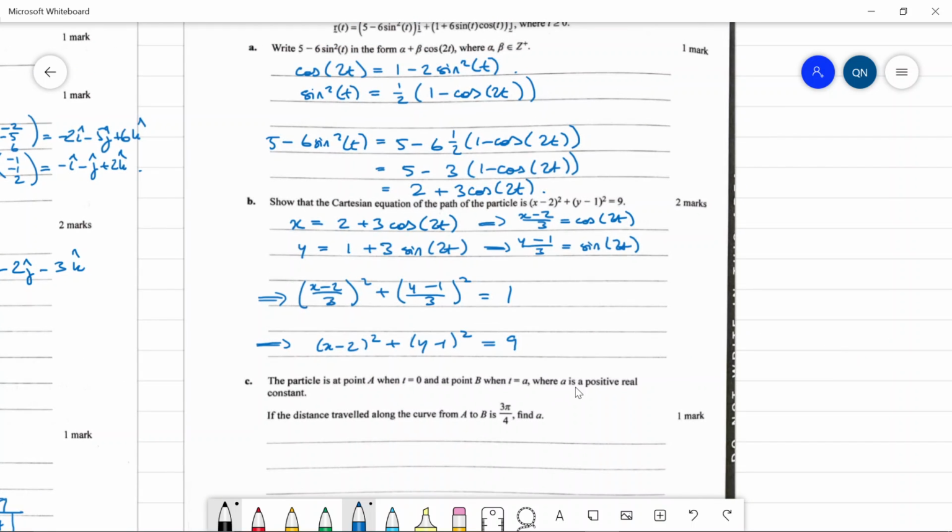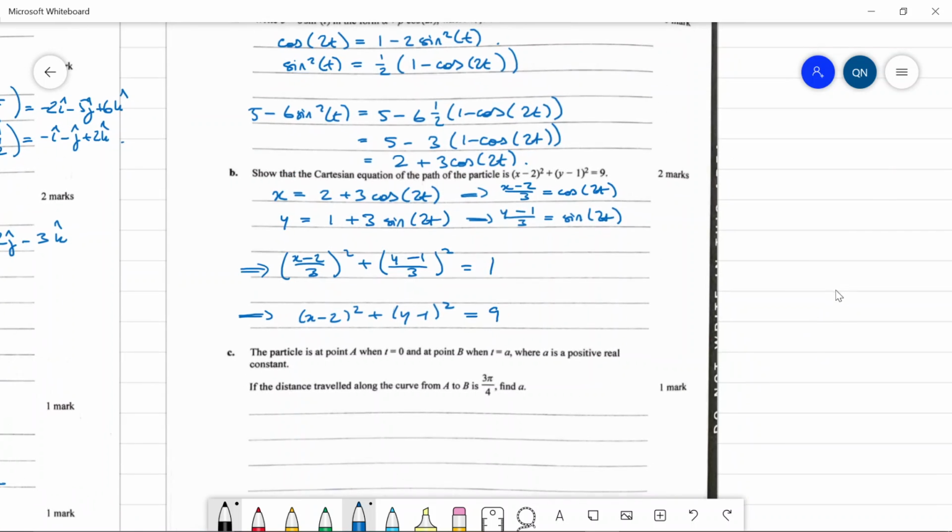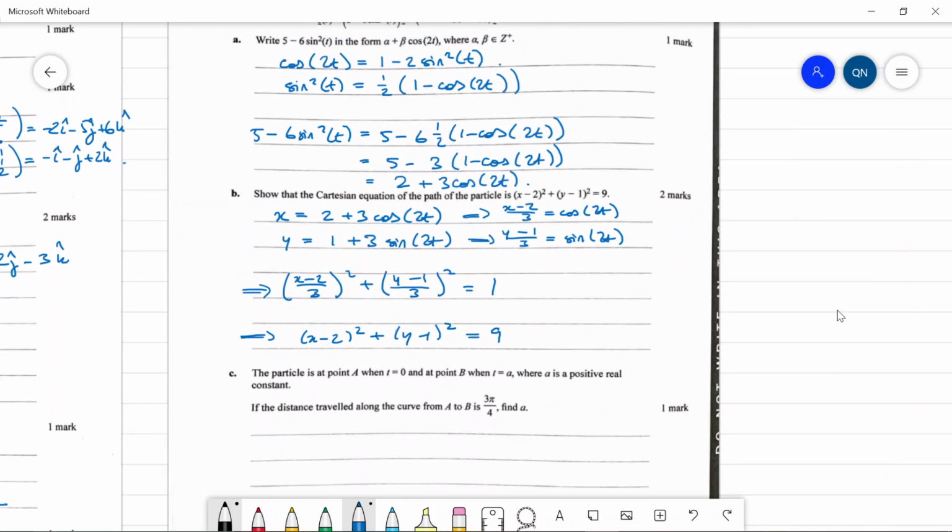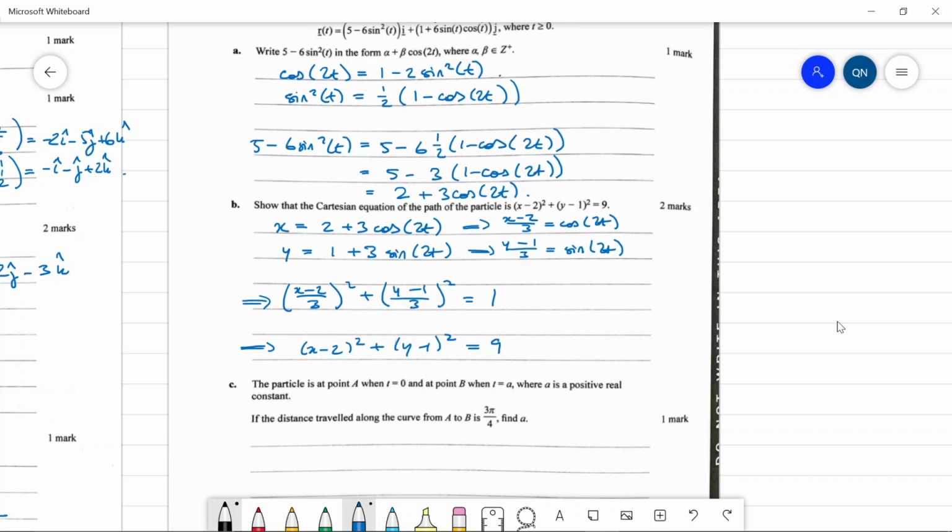Part C, the particle is at point A when t equals 0, and at point B when t equals a, where a is a positive real constant. The distance traveled along the curve from A to B is 3/4 of a pi. Find a. So we'll just set up an integral, the arc length integral, or alternatively, because this is just a circle,